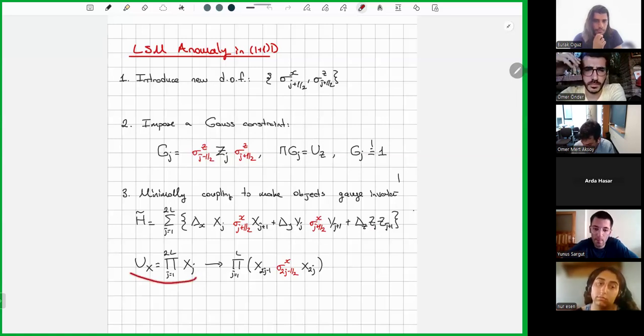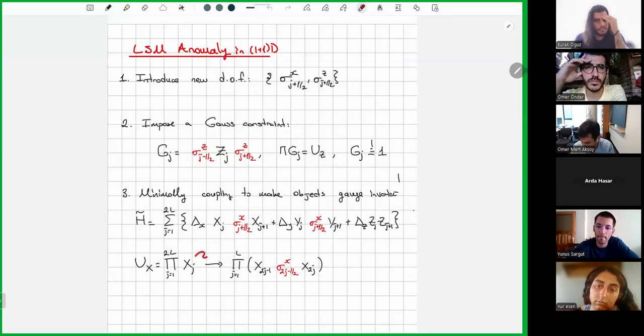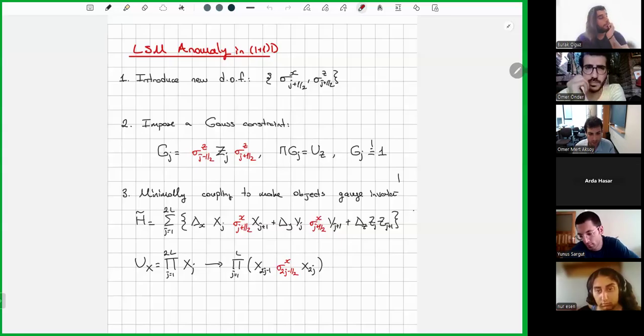My global symmetry operator, the other global symmetry operator that is not gauged, is also not gauge invariant, because the product of x's doesn't commute with the Gauss law. So I need to do something with it. One way of doing it is that, by the way, now I set the number of sites to be 2L. There's a reason for that. If the total number of sites is odd, I really cannot gauge this symmetry. The only way I can gauge it is if the total number of sites is even,